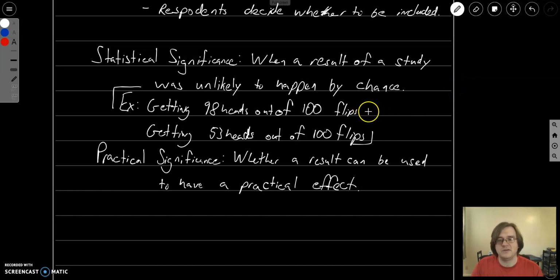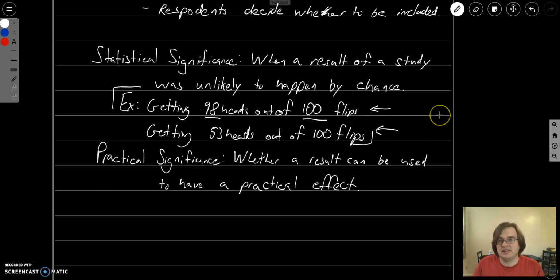So for instance, if you flip a coin and you get 98 heads out of 100 flips, this would be statistically significant because that's pretty unlikely to happen. However, if you got 53 heads out of 100, it seems likely that that would happen. So if you were to get 98 heads out of 100,